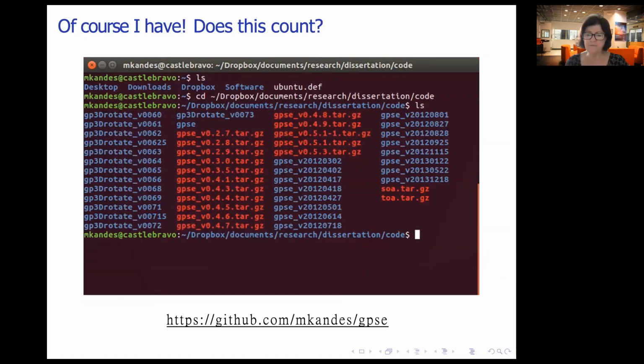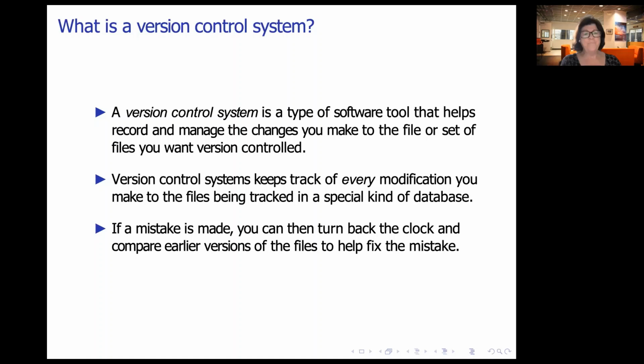When you move to something like Git, you're looking at every single change that you made. Change one character, it gets recorded by the version control system. So this is much, much more detailed. And that is also very important if you're working on a team or just making a lot of changes and you want to depend on what version of your software that you've got. So if a mistake is made, you can go back and find where that little mistake bubbled into your code